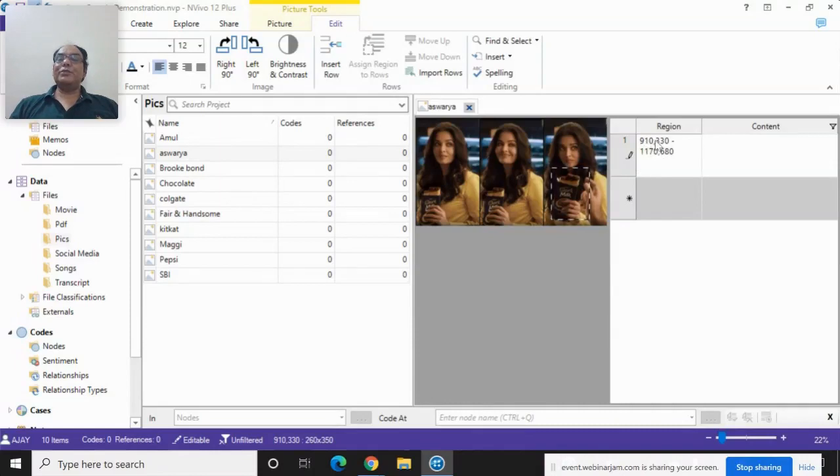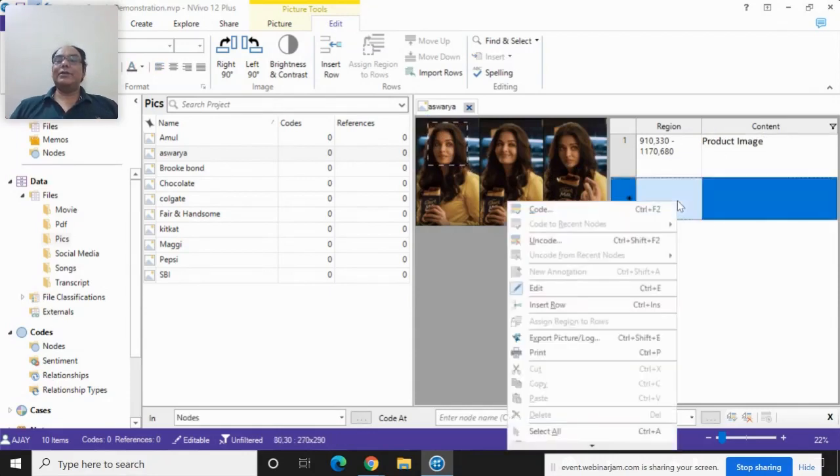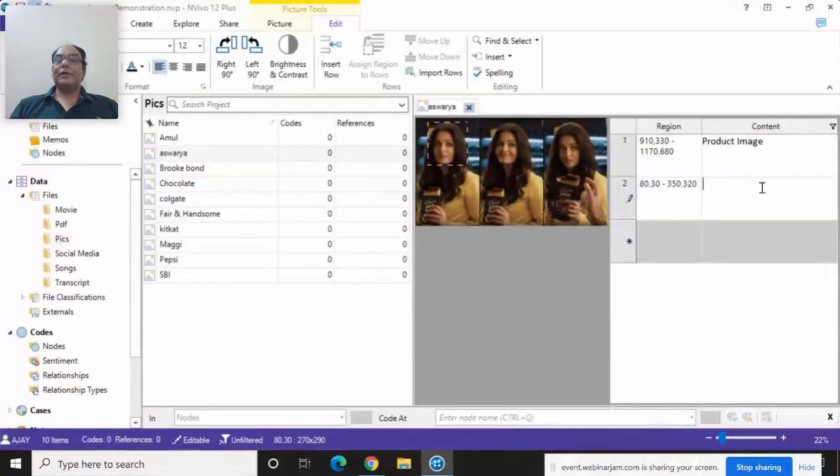So it means this portion of the picture is showing you the product image. Product image. Similarly, I select this and insert here.